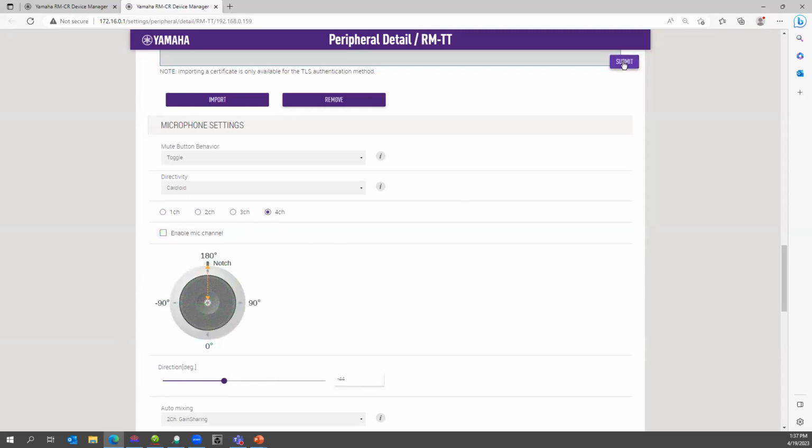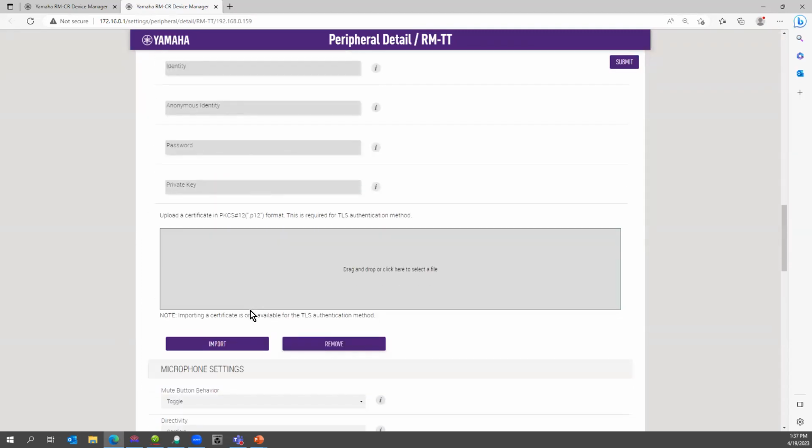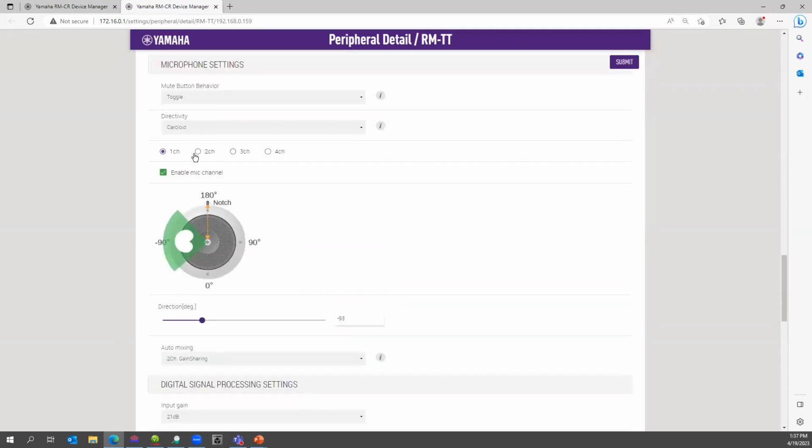And now I hit submit and boom. Now I have a microphone with 3 cardioid patterns covering the end of that table. Maybe I want to tighten these up. I can select hypercardioid. Now I'm going to turn my camera on for a second, and I'm going to hold